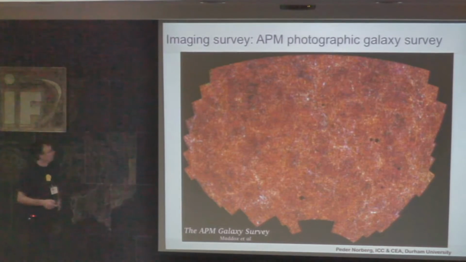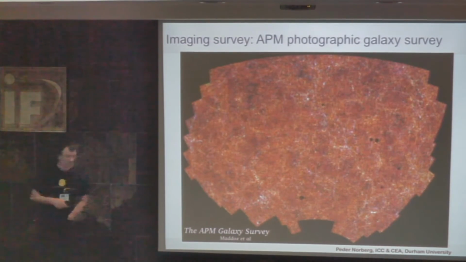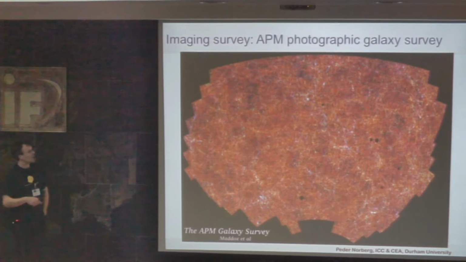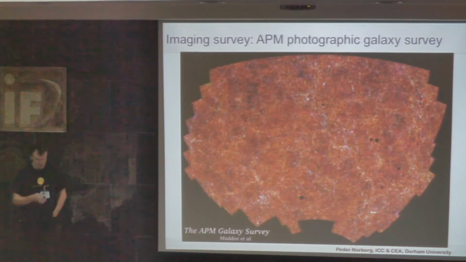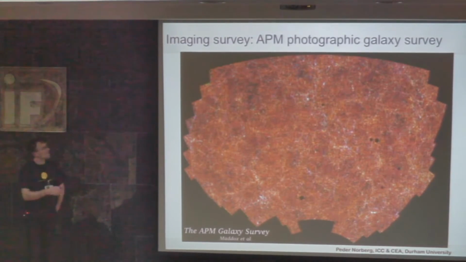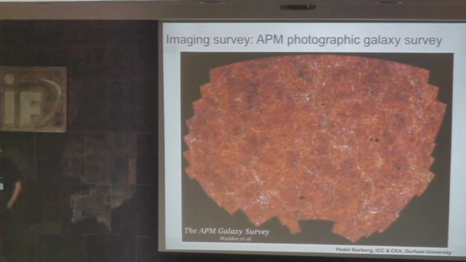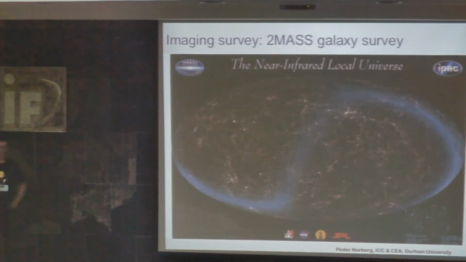So I just showed this image, and hopefully, if I manage tomorrow, I will show you an equivalent image of the APM survey, but from a mock realization. What this map shows is the distribution of galaxies color-coded according to their magnitudes. In one sense it's mainly red because it's dominated by the faint galaxies. This was state of the art in the mid-1990s. One thing I like to point out, you will see it many times, are the shapes, the holes, and so on. That's part of your survey, that's not part of your simulation. You will need to think about how to do that.